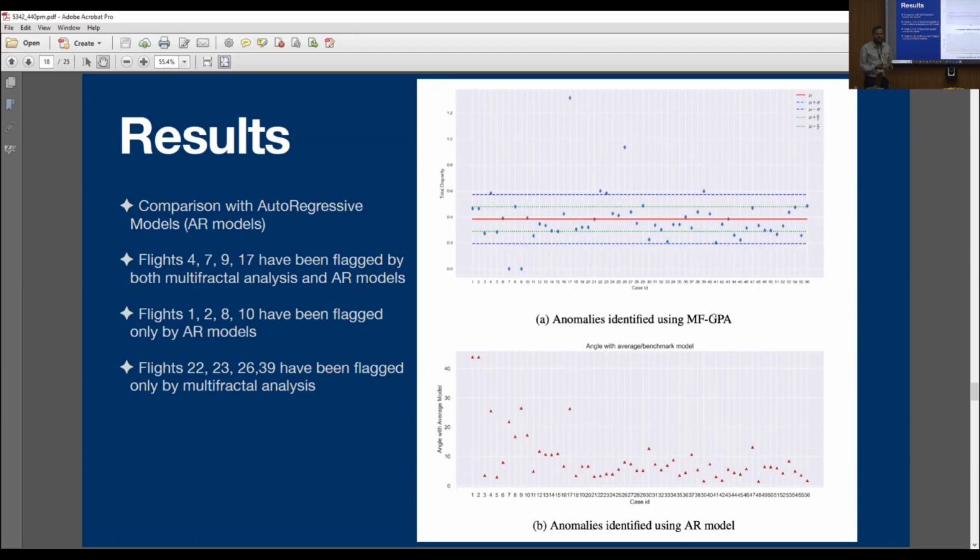So at this point of time, we see that it's a promising tool, but we don't totally understand what's happening underneath, why it's flagging some which is not flagged by AR models or vice versa. That is under investigation. But we see this as a promising tool to look at, let's say you don't have any information on the data or how it's generated, just in a totally unsupervised way. I would say this actually is a promising tool for us.